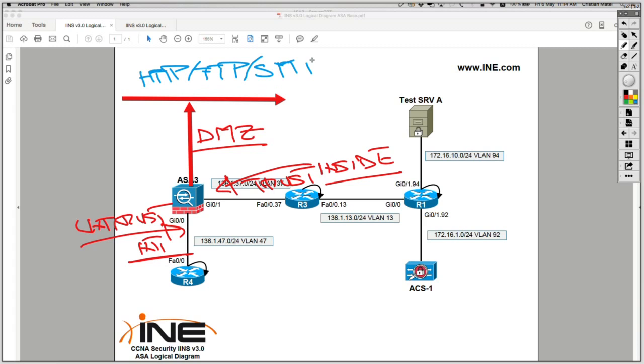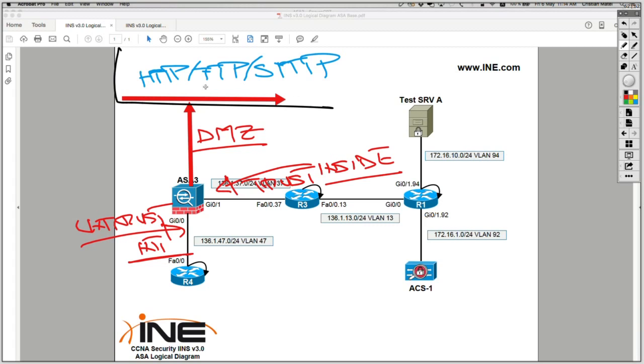So some servers in there offering those services, and those services are accessible in general by both the inside network and the outside network. So the DMZ interface, the DMZ part of the ASA, it's not trusted, it's not untrusted, it's a